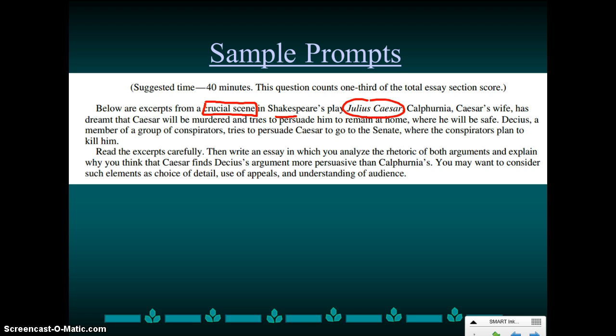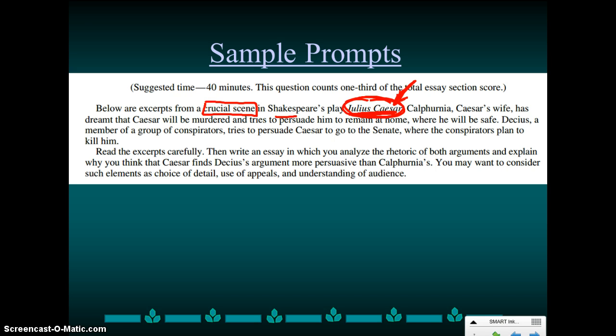Now, the first thing you're probably thinking to yourself is, oh, holy crap, I know that. I've read that. I read that last year in 10th grade, or 2 years ago in 10th grade. Oh my God, I know this. And you should be freaking out because, yes, you do know this. They choose texts that they feel either the students have heard of, right? Or if you haven't heard of it, perhaps you've read it, and even if you haven't, you have enough information to be able to relate to this text. So the first thing you should be saying is, OMG, I know it.